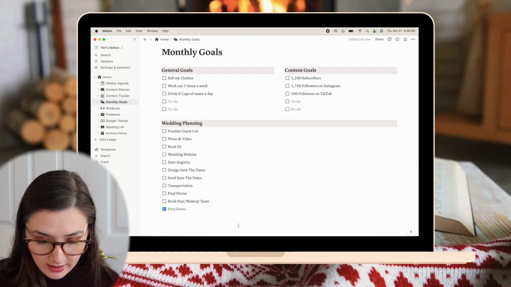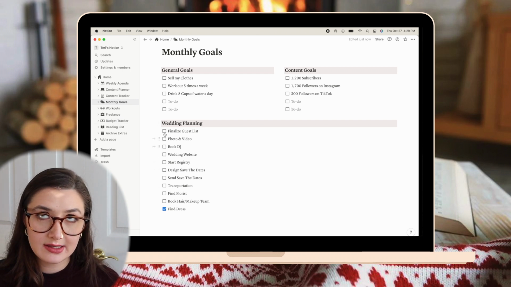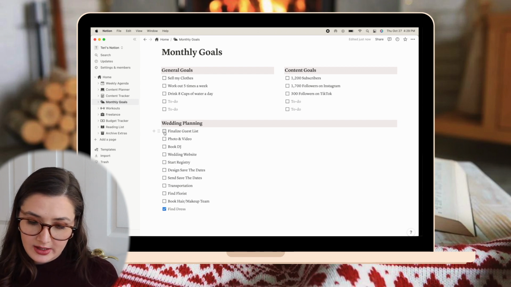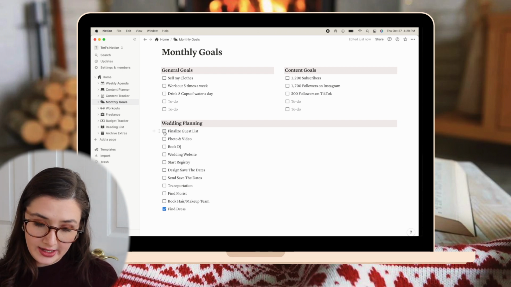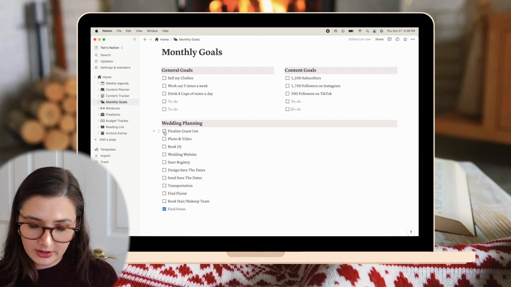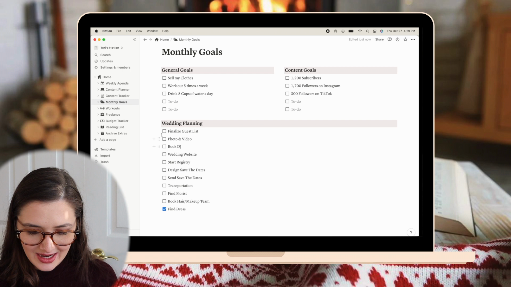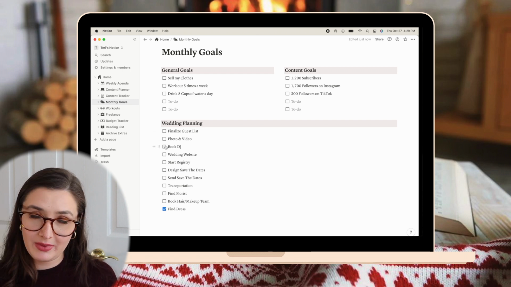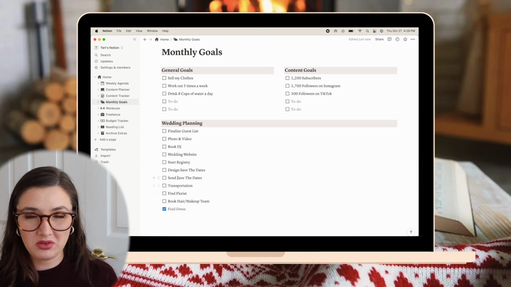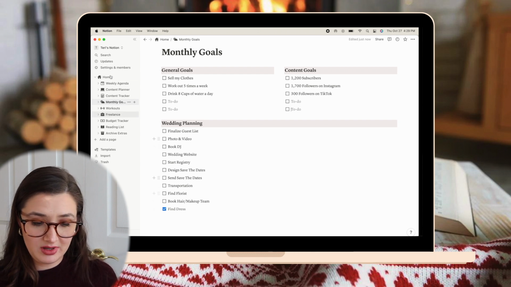And then in terms of wedding planning, I've finalized the guest list on my side. We still have to do Anthony's side. We're almost done deciding on photo and video, and we're about to book a DJ. So I'm not gonna check those off, but they're like half check marks. And then I added a few more things that we have to get done. I feel like those are not monthly specific. It's like general, get to it as soon as possible.